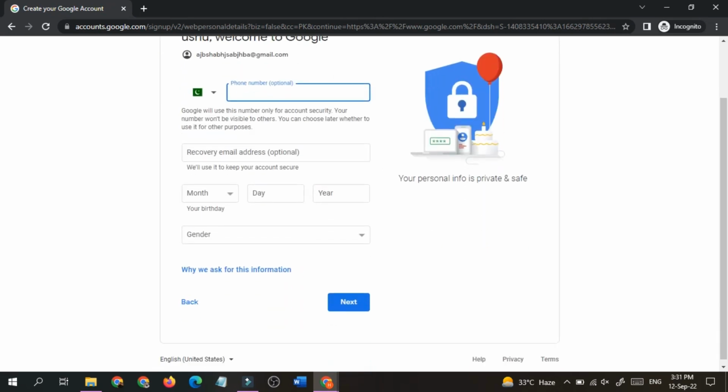We can click on the next, and then you will be required to enter your phone number if you have one, and you can enter your recover email address, and you will then enter your birthday, your month, your day, and your year, and then you will enter your gender, and then you will click on the next and your